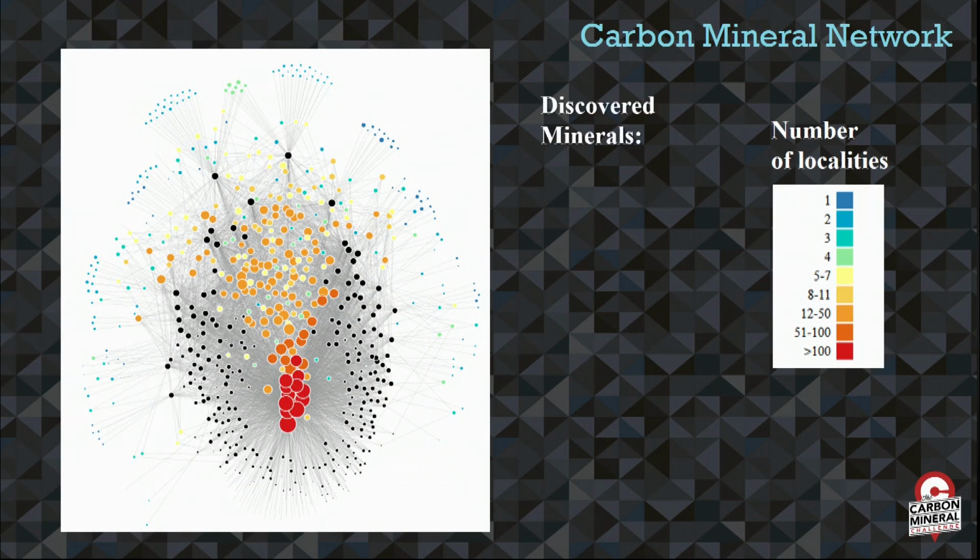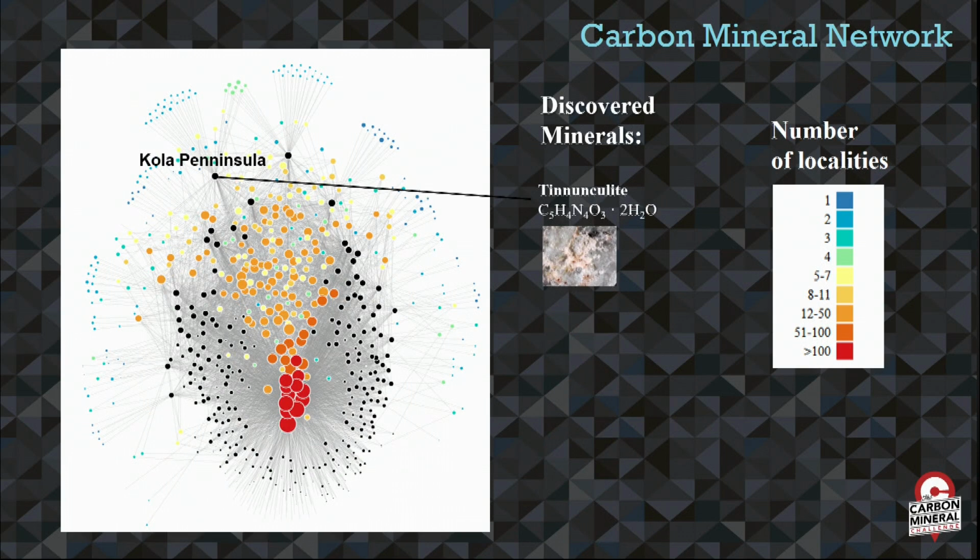Well, we want to look in locations up here that have the highest mineral diversity. That's where we're going to find those rare species, which are the ones that are missing in our network diagram up here. So indeed, we wound up finding many of these, and they did attach to locations in the network diagram up here. So for example, this mineral tenunculite, which is just uric acid, was found at the Kola Peninsula in Russia. That's the locality up there.